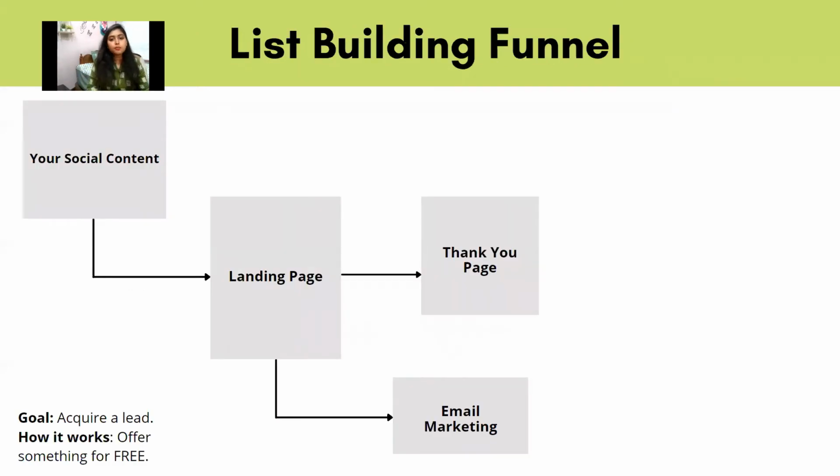ठीक है, ये कुछ ऐसे दिखता है, simple सा. So now I know you guys are on Instagram, you follow so many people, and I know majority of you would have seen people asking please subscribe to my newsletter. ठीक है, तो I'm gonna send you weekly newsletters etc. तो वो क्यों होता है, वो basically their backend thought is to build a list, ठीक है, of audience who are actually interested in consuming their newsletters so that they build a list, and in future अगर वो कुछ भी launch कर रहे हैं या फिर already है और कुछ उनका ऐसे महीने में एक बार कुछ offer आता है, तो they basically have a warm audience and they try to sell to them first.